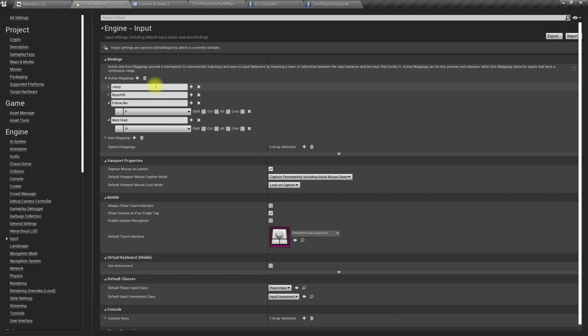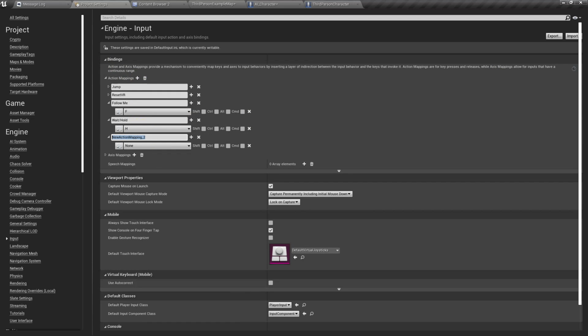To hold and move there. As the key I'll use G. Right,